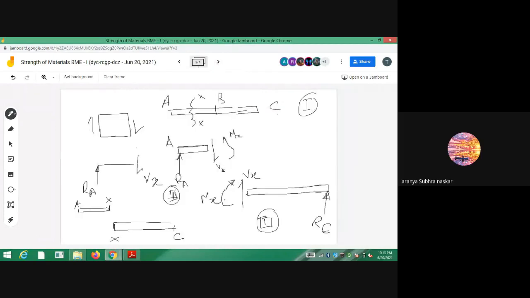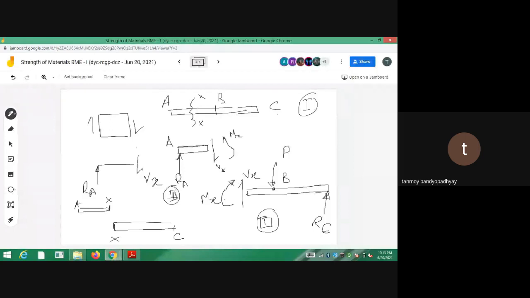Right, I have not drawn it. So whatever I was doing, if you draw it from the right side also, you can balance it from the right side, but in that case the SF and BM for the same problem, Vx will now become upward. If you consider the left side, Vx will be a downward force. If I take the equilibrium from the right side, Vx will be an upward force, so that when I join them they become a total element.